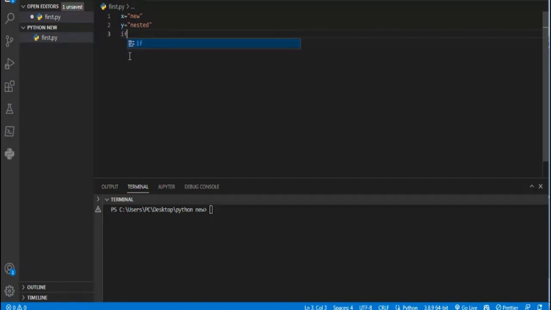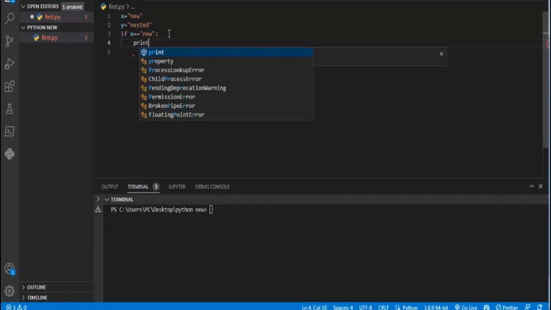Now the if condition: suppose x is equal to new, and we have to use a colon here. If you are comparing, you have to use double equals. Remember, if x == new: